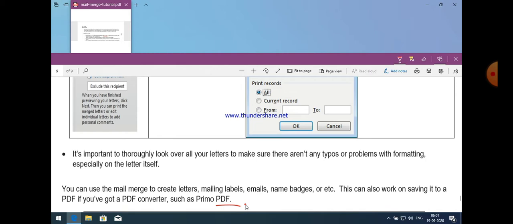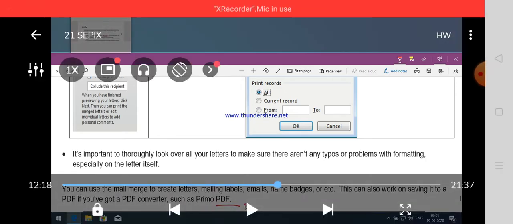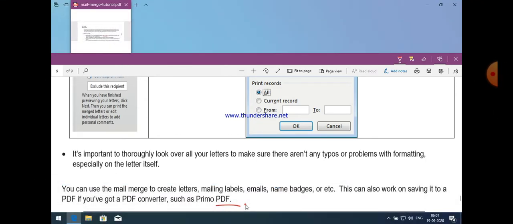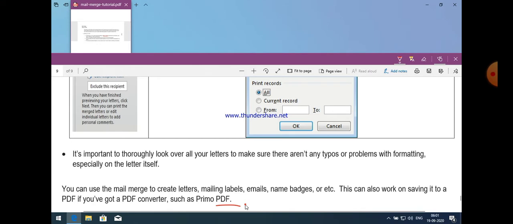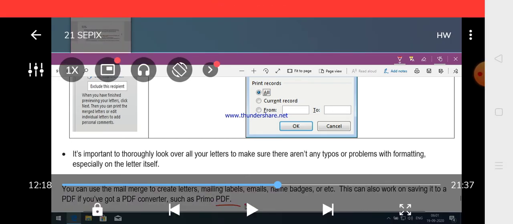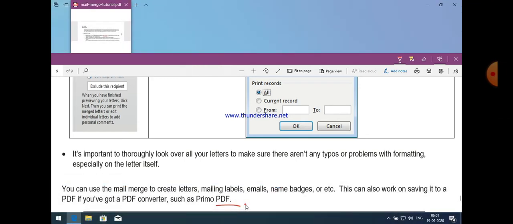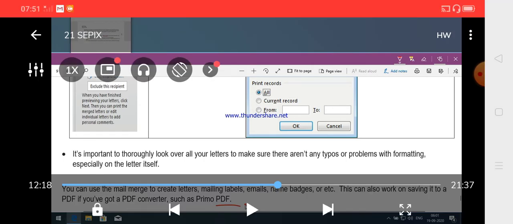If you want to send a mail to different persons or to different addresses, you need not type that letter again and again, especially when the content is the same. So we use the mail merge option for that purpose. We first create an Excel sheet in which the addresses, names and other such information are there, and we use that information for the letter which we want to send using mail merge. Only the information regarding the name and address will change, and all the content will remain the same when we send a mail by using mail merge options.